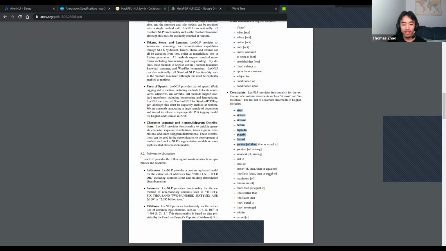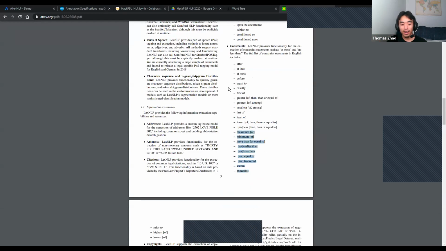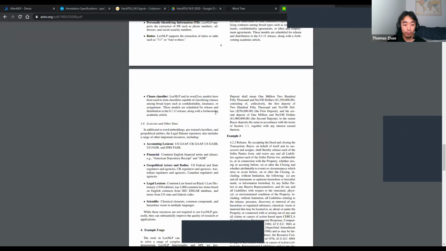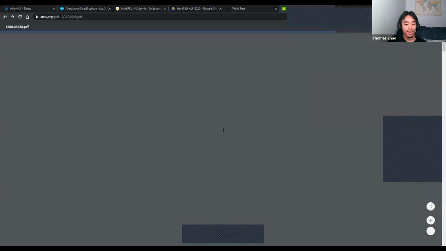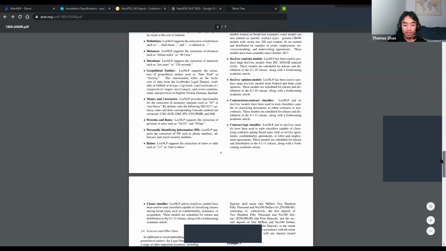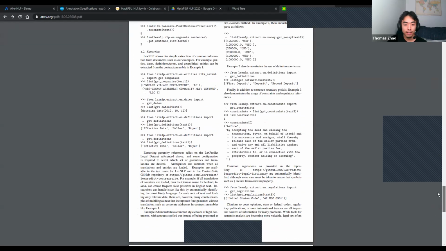I mean, lawyers get paid thousands of dollars to learn all these words and what they mean, but with a computer, you can just scan a document, look at what the entities are described, how they're related. So this is a cool real world application.